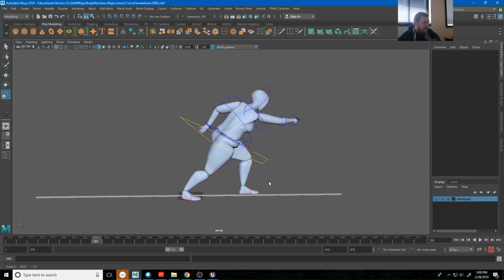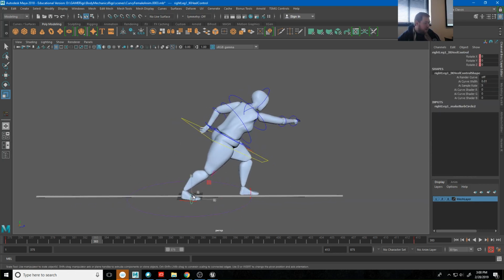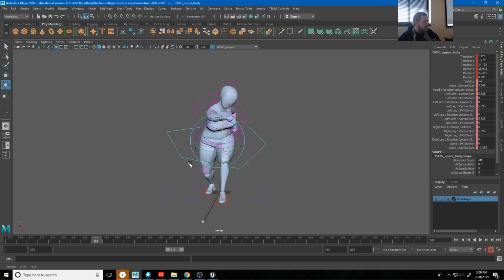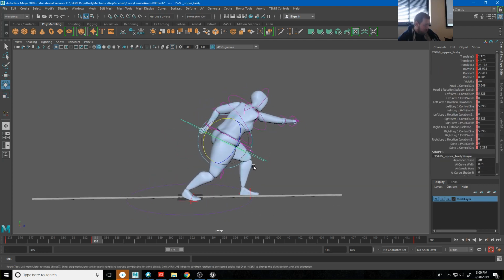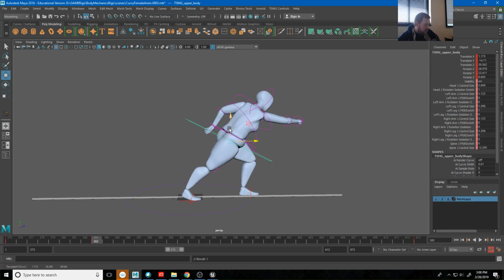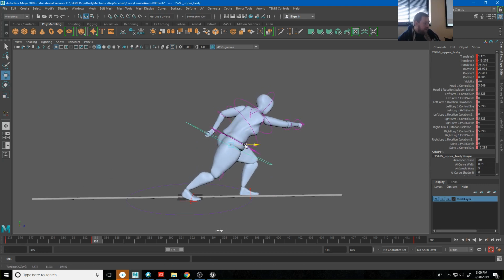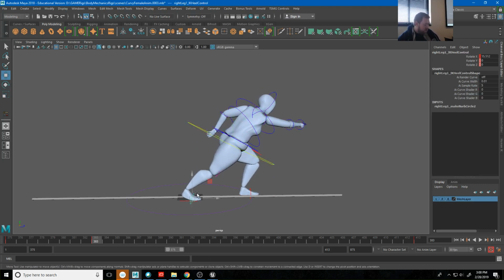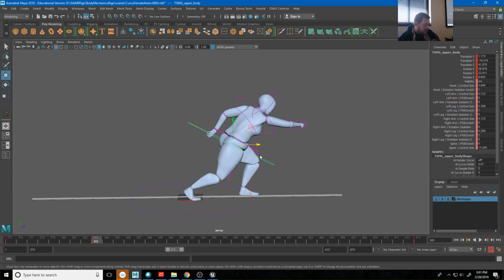So I'm going to work off of this pose. But again, just try pushing it a little further. What happens if I push her even further? Can I keep pushing this? Does it get better or does it get worse? Right? And so if I push her really far into this,